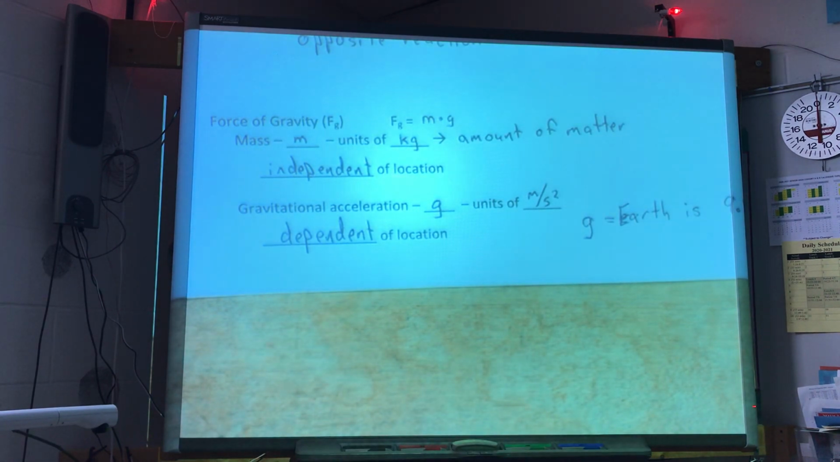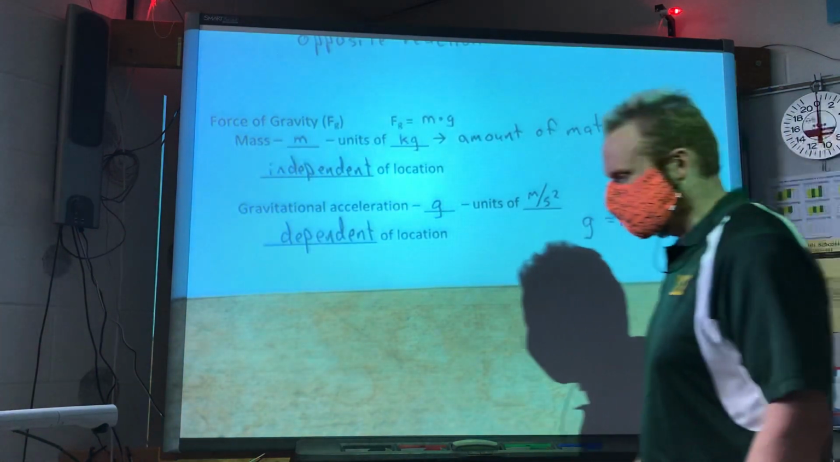However, it's going to have a different weight, a different F of G, because my gravitational acceleration is dependent on the location. My gravitational acceleration does change when I go to a different planet, when I go to the moon. So gravitational acceleration has units of meters per second squared. It is dependent on the location,